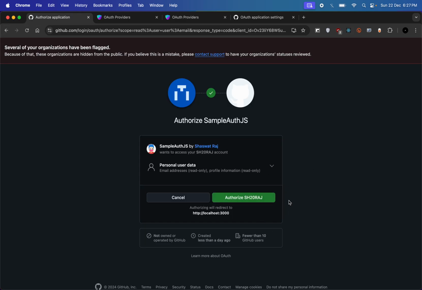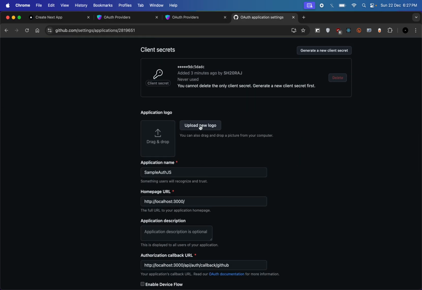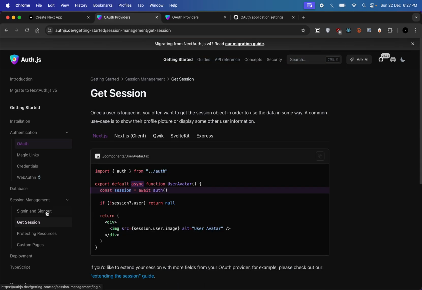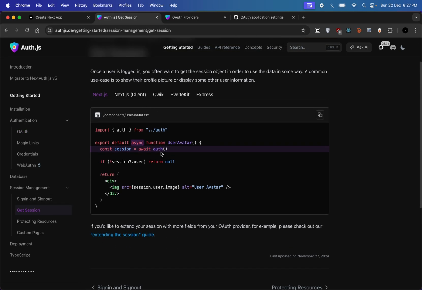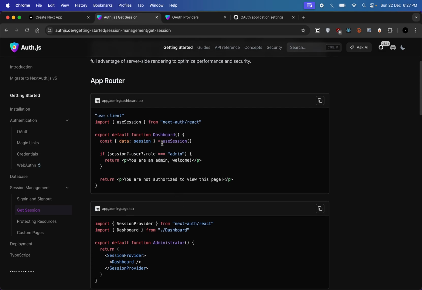If we reload, and here we got a login. We can also add the logo here from this page. Upload new logo. Let's try that later. And we are successfully logged in now, so we can add checks that if you have a session using server side, we can use the auth function from the file that we have created. Auth for client, just use the useSession hook directly provided. Just copy it